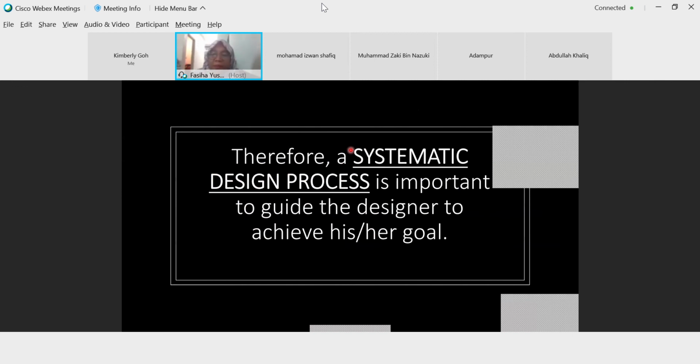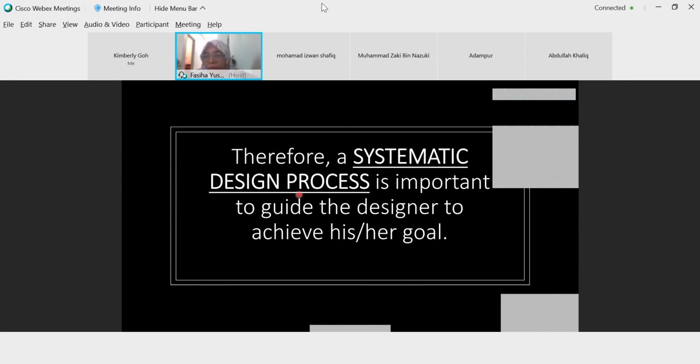But because of the challenges I explained just now, you must understand that this process is not easy, and therefore to guide you as designers, you need a guideline. We call it a systematic process. We need to have this engineering design process. We need to learn this very seriously.